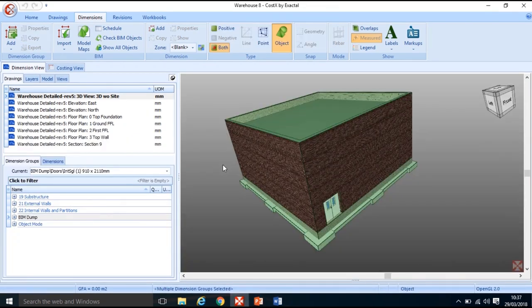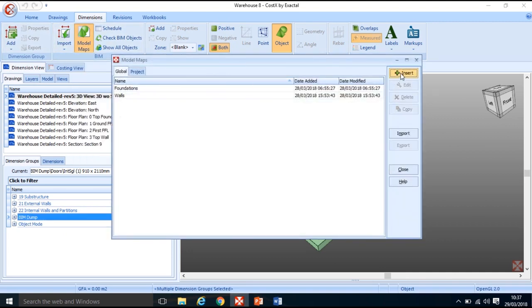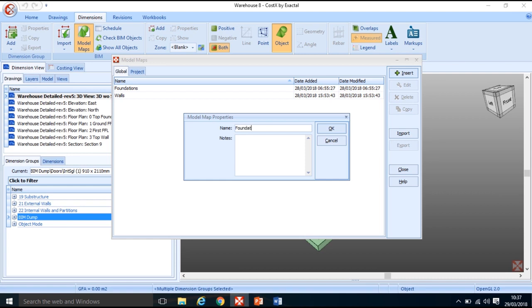I'm going to create a new model map. This time it's going to be a little bit different, a little bit more elaborate than the last one we constructed for walls. I'll call it Foundations 2 because I already have a Foundations model map in there. Again, if you're working on machines or computers in the college, there could be quite a few there because they exist on the actual desktop itself unless you export them and import them back in. They are a separate file, so just bear in mind that that's something you may have to do when you're exporting your building: export your model map separately. So click OK,